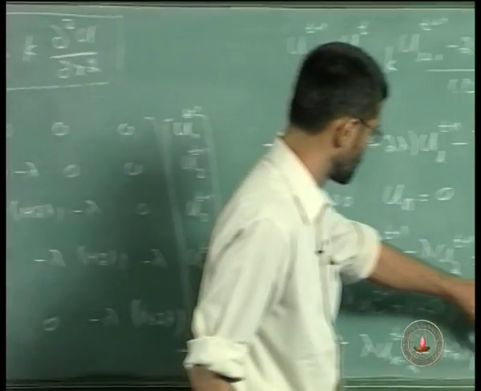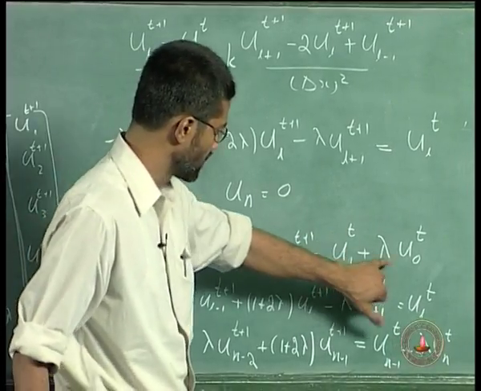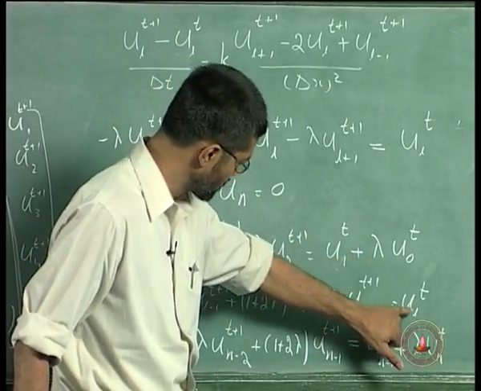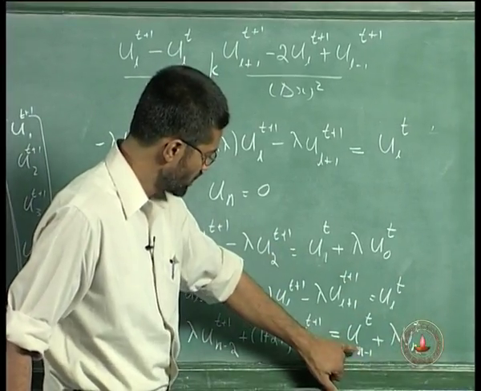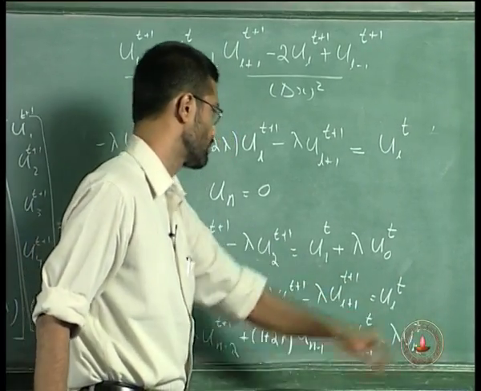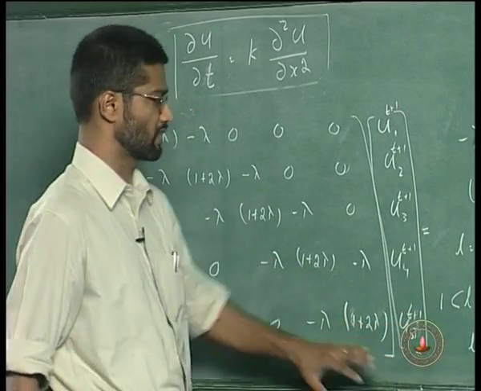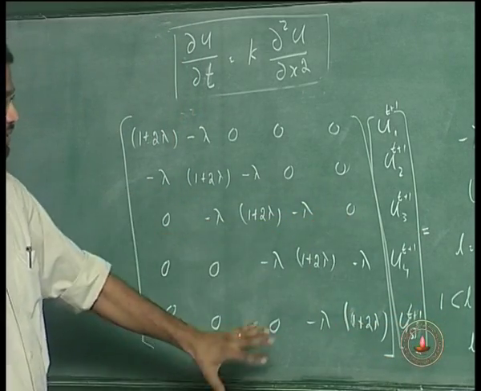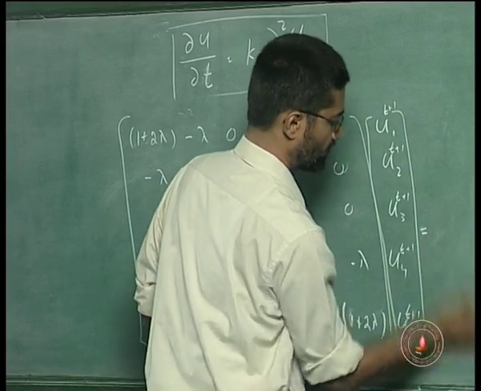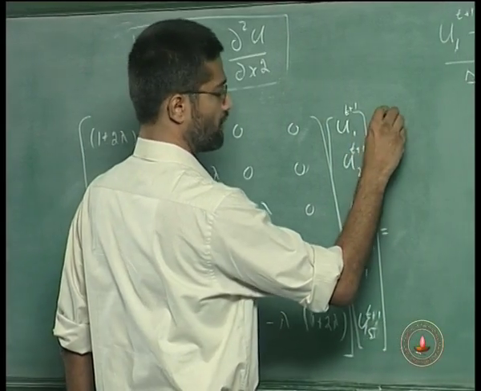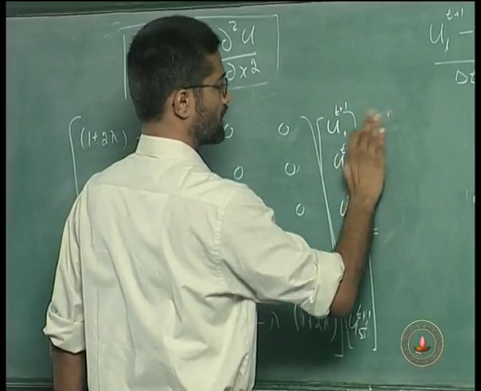The first one would be u1 at time t plus lambda u0, and the rest would be u2, u3, u4 at time t, and the last one would be u4 at time t plus lambda u5. That will be the right hand side of this matrix. So, this is the matrix which we have to solve. Okay, so we solve this. So, we have the equation in this form, with the right hand side as